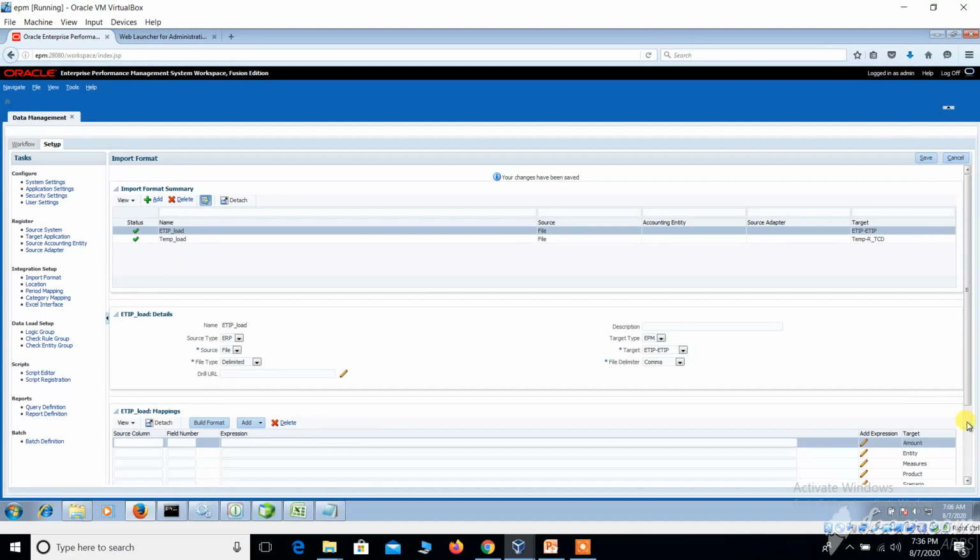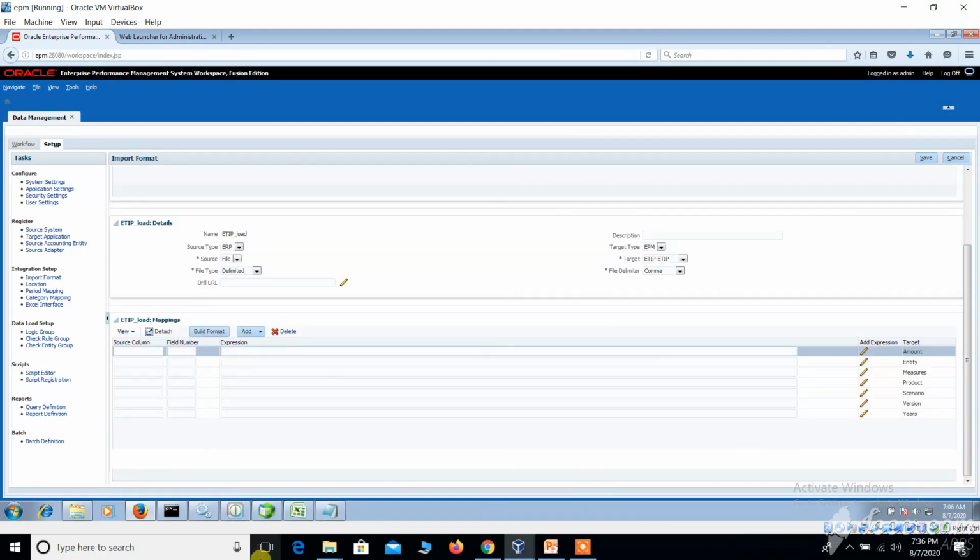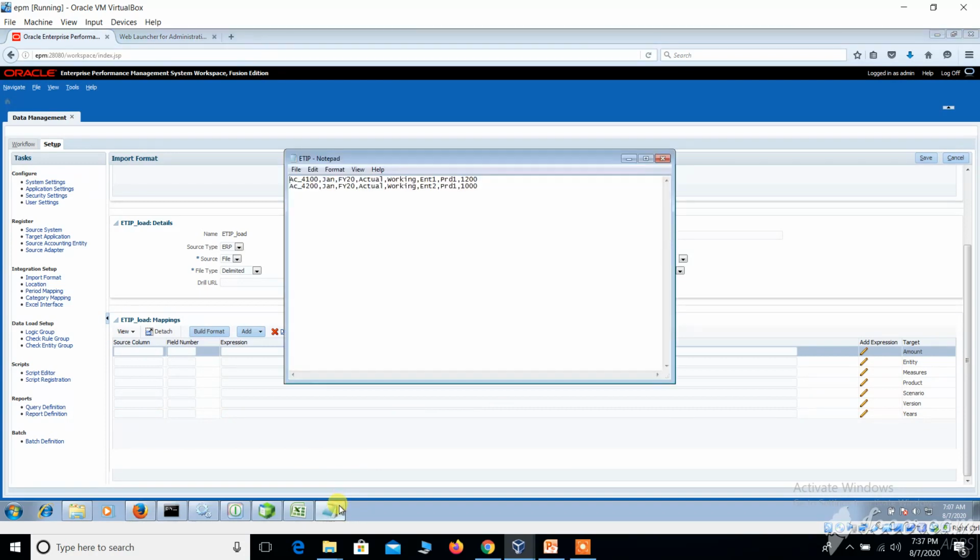Coming down, you can see these are the dimensions, and we can give the file name and how the file name appears here.